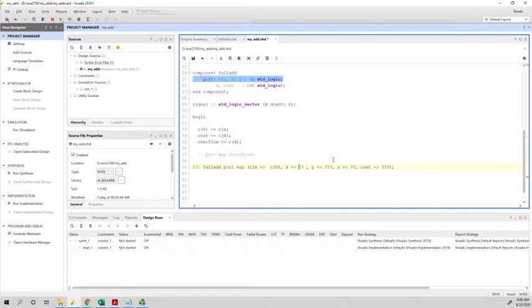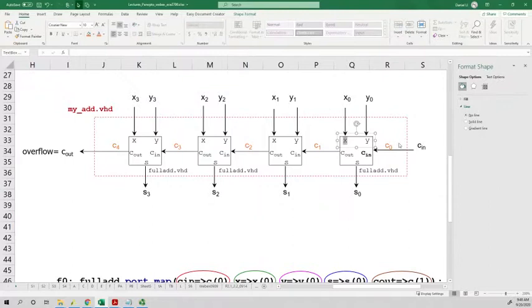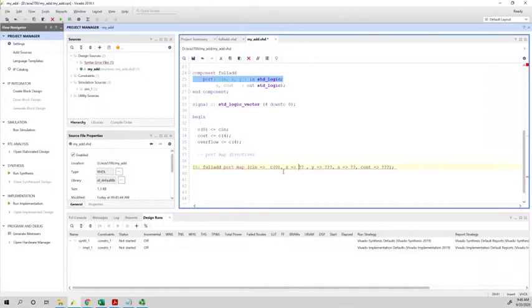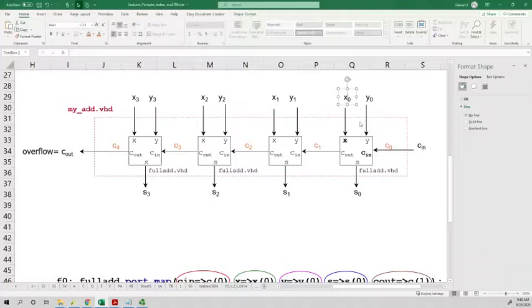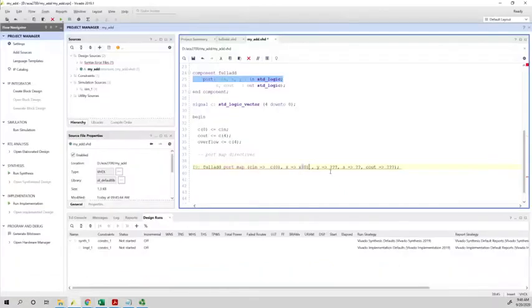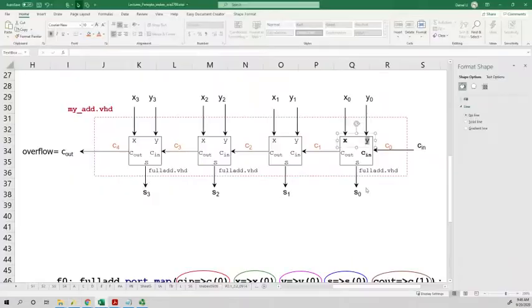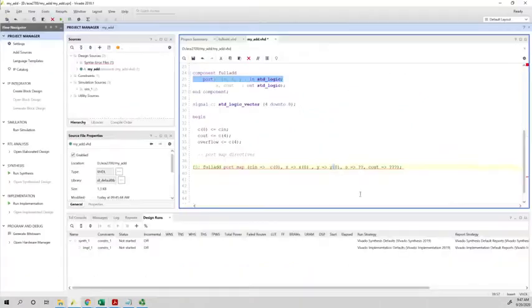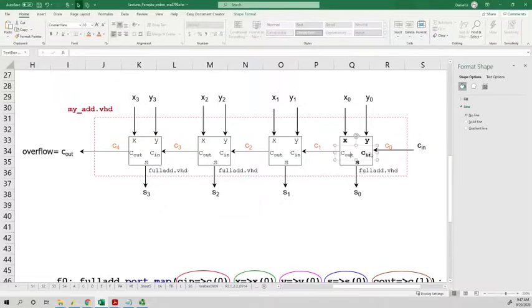What about X? Well, the X input right here has to be connected to the signal X0. There you go. What about Y? The signal Y has to be connected to the signal Y0. And you can see where this is going. This is pretty simple right now. The output S must be connected to the signal S0 on the top file. What about carry out of this individual full adder? Well, it has to be